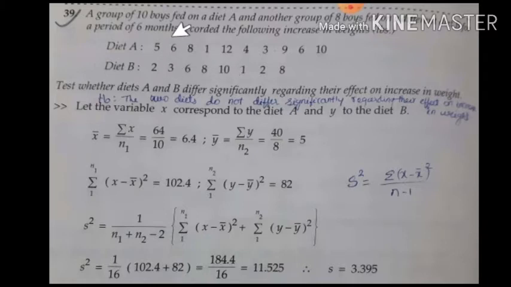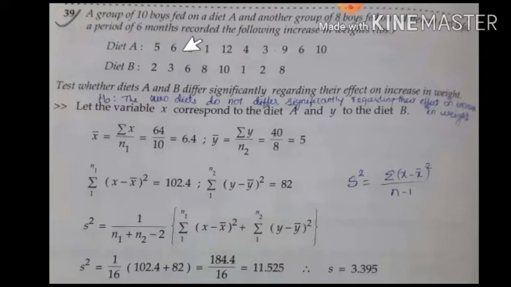So always in this type of problems, observe that the data is given for two different conditions. In the previous problems that we have solved, data of only one condition was given. Here two different conditions are there. In that case, we need to calculate based on these two given conditions.